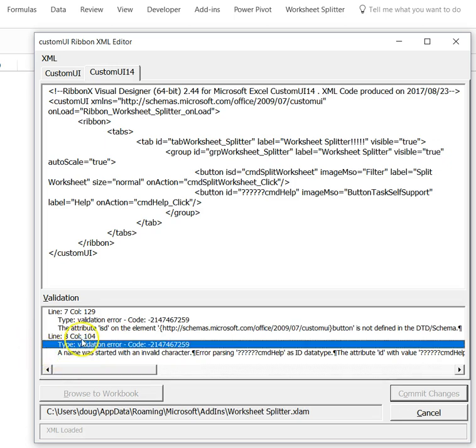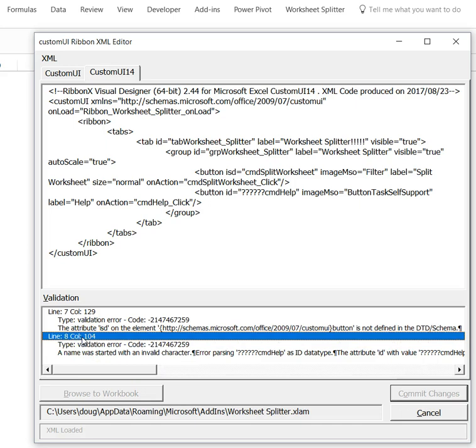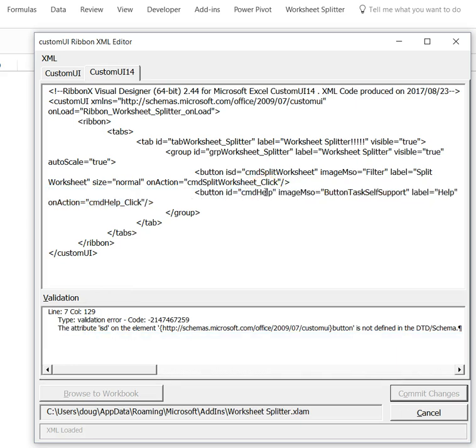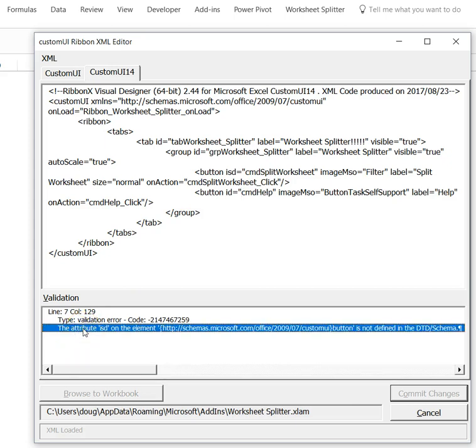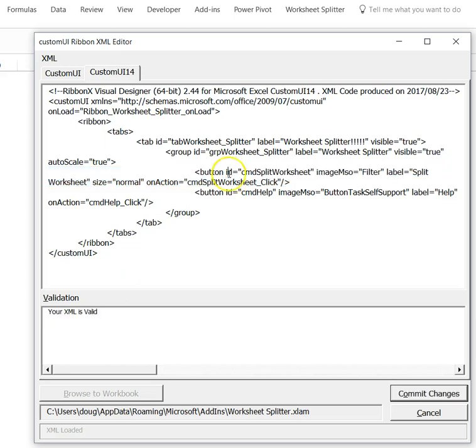So you can see I can click on this error here. This is actually a list box. If I double click, it takes me to the error. How nice. Especially if you've got a whole lot of code. And if I fix it, that error goes away. If I double click, or in fact hit F5, it takes me to this error. And we don't like the ISD, so we'll turn it back to an ID. And now everything's good. This commit changes button is now available because we have A, made a change, and B,